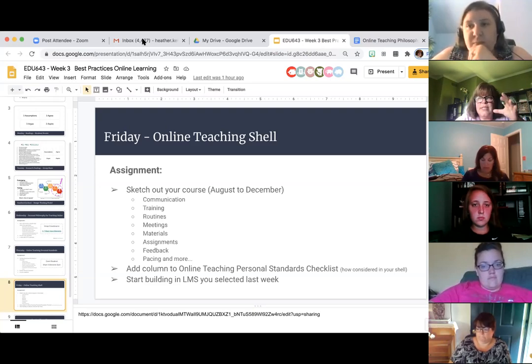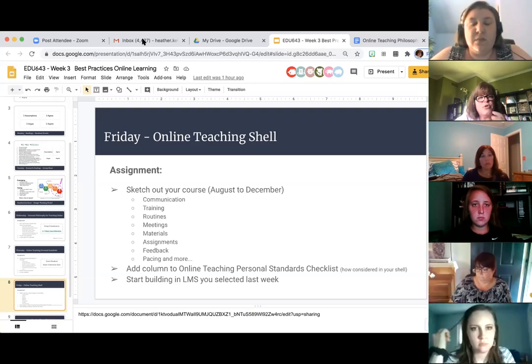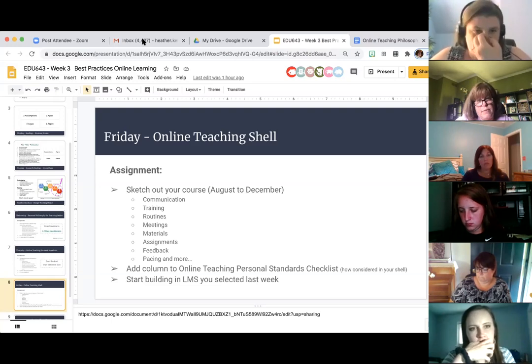For example, in Schoology, it'd be very easy to do because it's folder based. I could do the folders and even put a little note in and describe it. We need to have some description or understanding of what it looks and feels like at the shell level, so that when you get to that next class, you're ready to start popping stuff in and you've answered all the questions or checklists that you've posted for yourself.